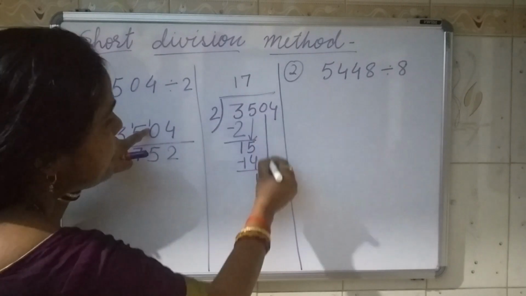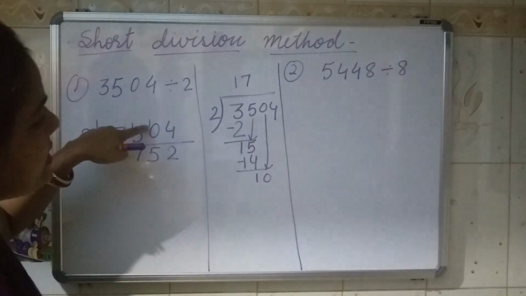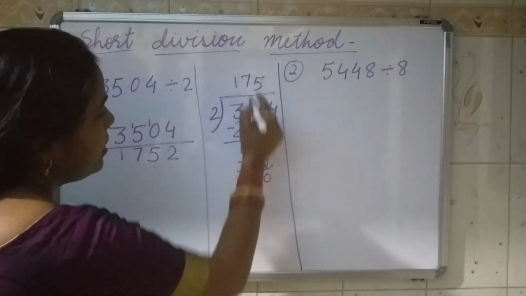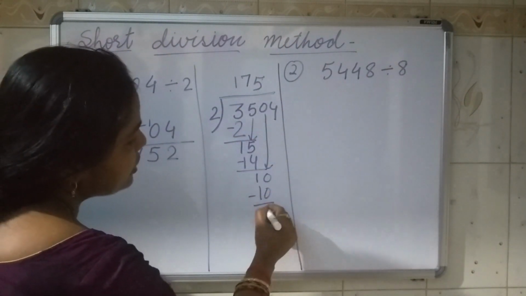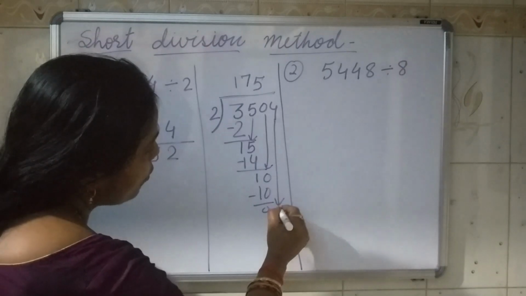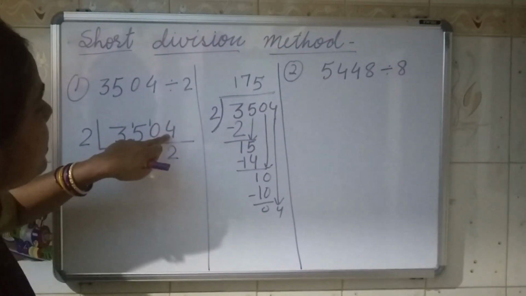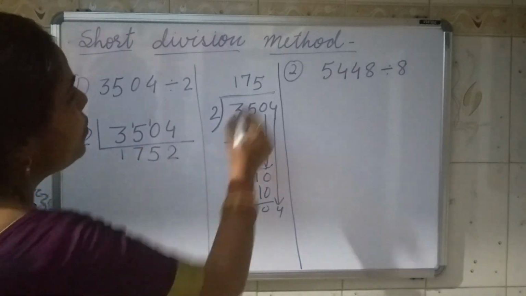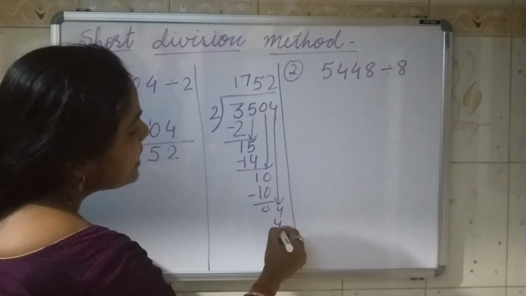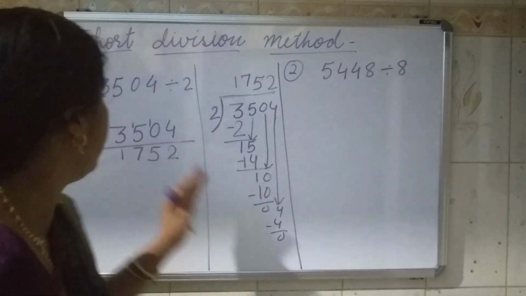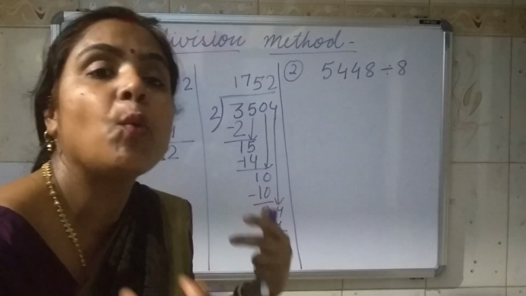Then we will bring this number down, 0. So this is 10. 2 5s are 10. 10 minus 10 is 0. We will bring this number down, 4. So that's why I have not written 0 here, because it doesn't mean anything. So 4 remained the same. 2 2s are 4. You can see when we are doing this method, it will take a lot of time. But when we are doing this method, it will be quick division.